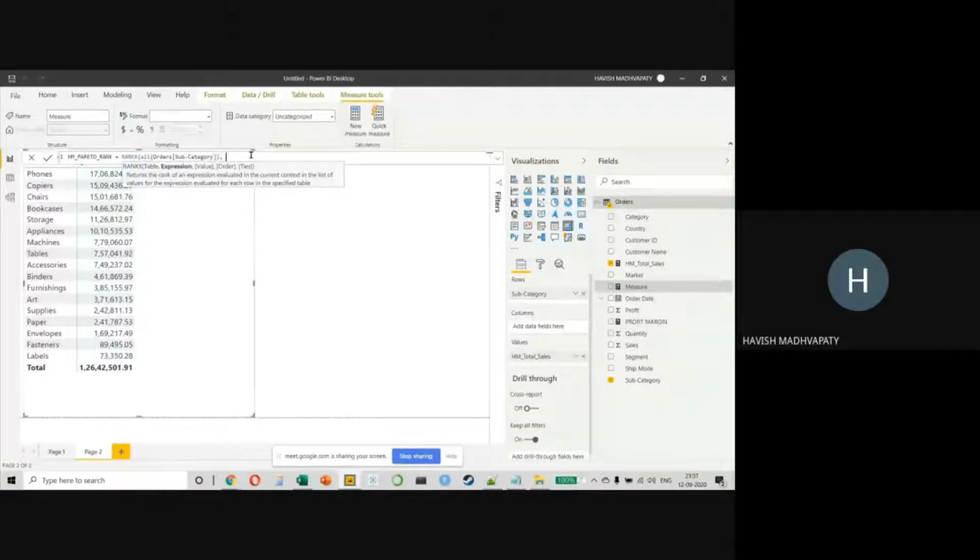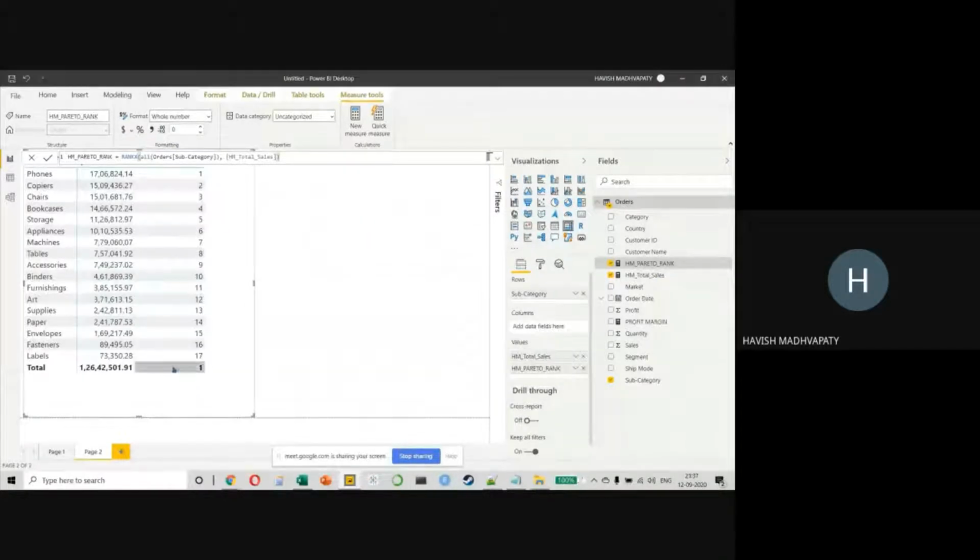And then what is the expression? There are two ways. I can either write sum of sales, right? But why do you need to do this? In any case, you have created the measure called total sales. So I can actually just write total sales, right? Remember, this will not give you a result. Like any other measure, it will work, but only when you put it inside your table, you will notice that you get these ranks like this. Good, so we're getting somewhere.